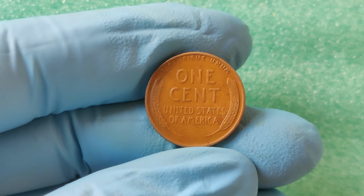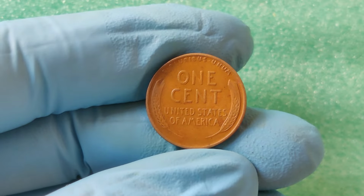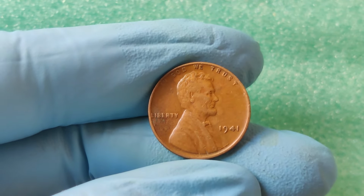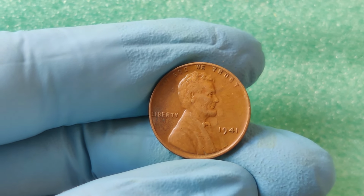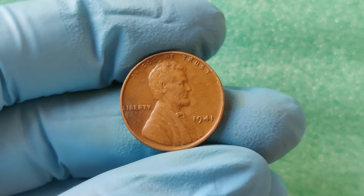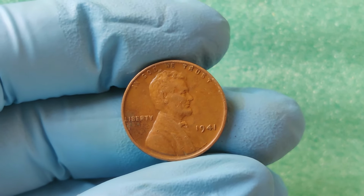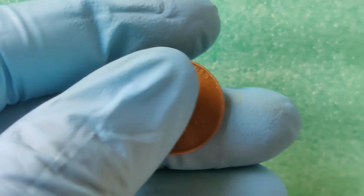First, let's talk about mint marks. The mint mark on a 1941 penny can be found just below the date on the obverse side. If you see no mint mark, it means the coin was minted in Philadelphia. A D represents Denver, while an S represents San Francisco. Now, each mint has its own rarities, and in particular, the San Francisco minted coins tend to command higher premiums